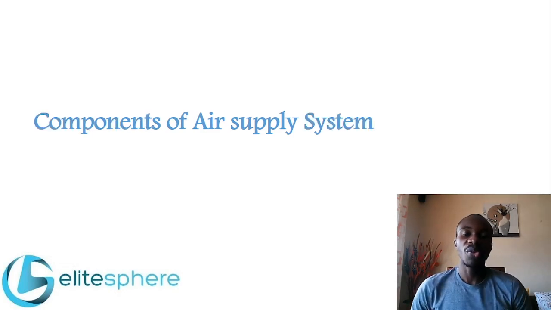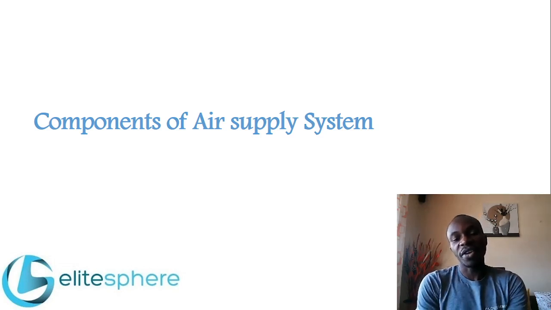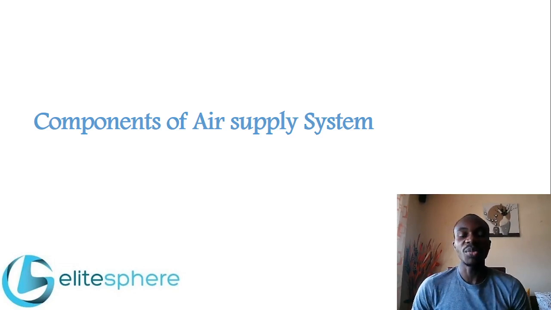Next, we are going to look at the components of the air supply system. We have the source itself, of course, as the first component, and then we have various valves. We have check valves and pressure regulating valves to regulate pressure. We have flow control valves to regulate the flow of air from different positions or different stages on the system. Then we also have various sensors that are used to sense the temperature and the pressure at different points in